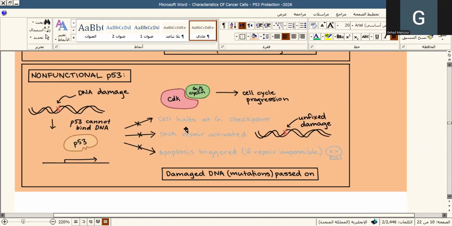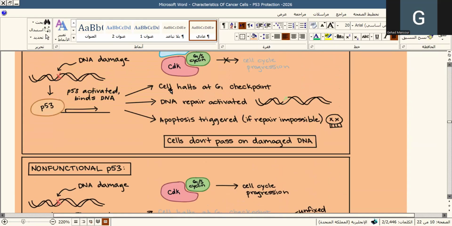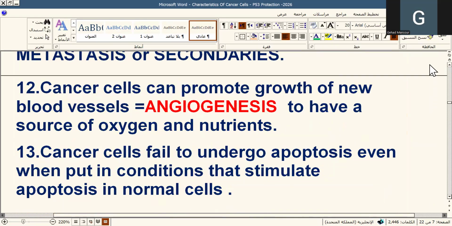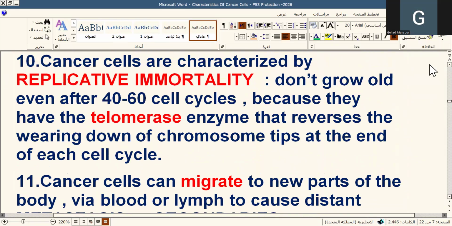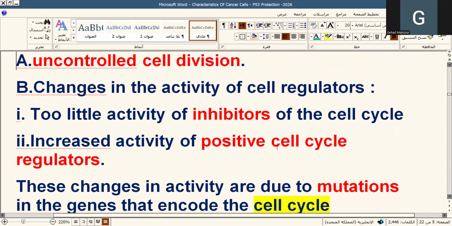because the cell here is supposed to stop at the G1 checkpoint to repair the damage. Here, if you see in the above diagram, the cell stops at the G1 checkpoint and the DNA repair mechanism is activated, and if the repair is impossible, then apoptosis is triggered. But here, in the second part of the diagram that I've just skipped,